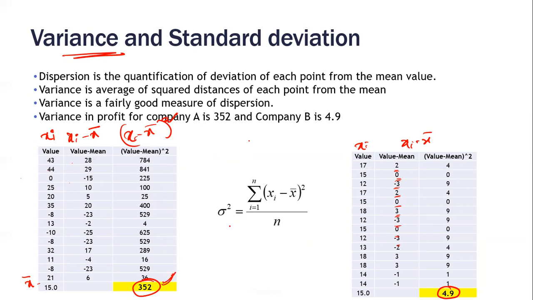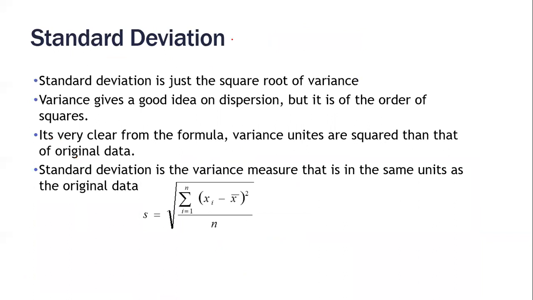What we do is we can take the square root of variance. We can also use this measure. This is an extra measure which is known as standard deviation. Either we can use variance or we can use standard deviation. Both are one and the same. One is just the square root of the other. So both variance and standard deviation quantify the dispersion in the data. Higher the variance, higher the dispersion. Lower the variance, consistency is there in the data.